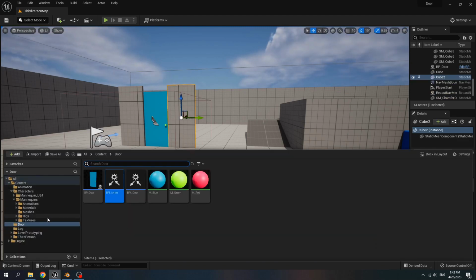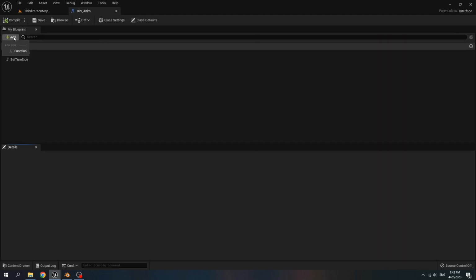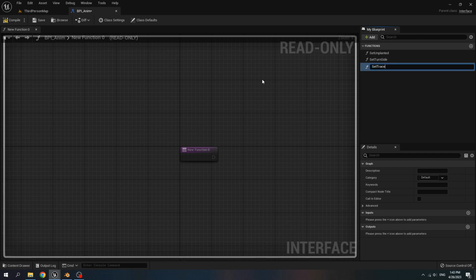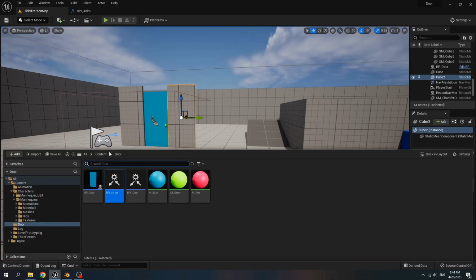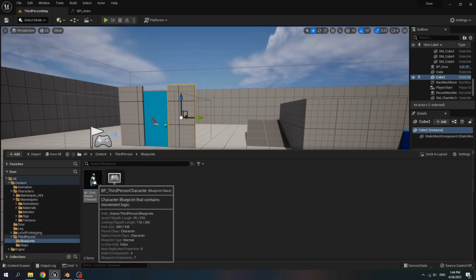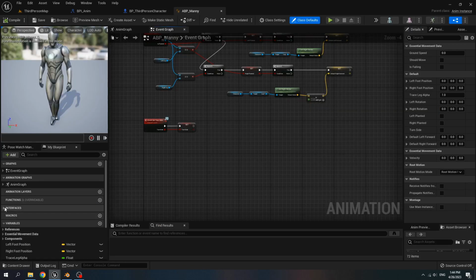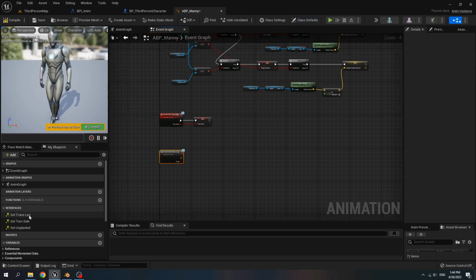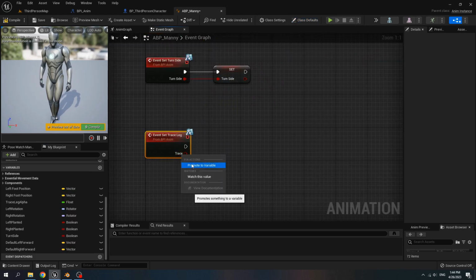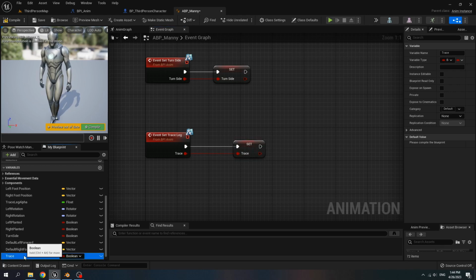Go to our door folder, BPI anim, open it, add function, name it set trace leg, add input, name it trace. Go to the third person character blueprint, find the ABP menu. For the interface, double click on set trace leg, right click, promote to variable, name it IK leg trace,